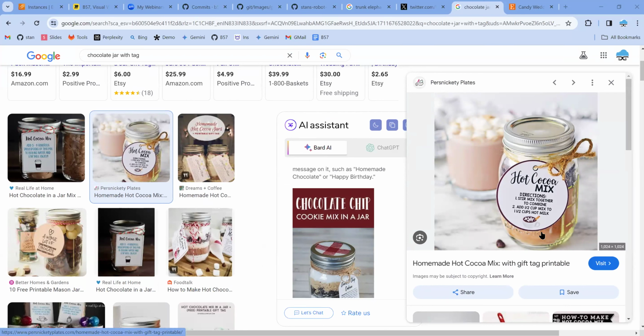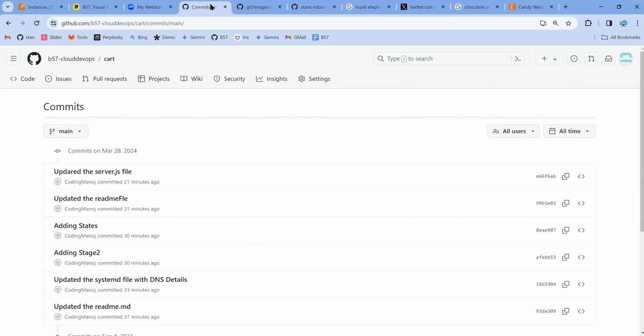It contains some chocolates, but what chocolates? It says hot cocoa mix, and the directions to use are to mix together to combine, add half a cup of milk, and then serve it, right? That means this is called a tag, and the tag associated with the jar tells what is inside. Similarly, a git tag is nothing but the version that we give to a commit,